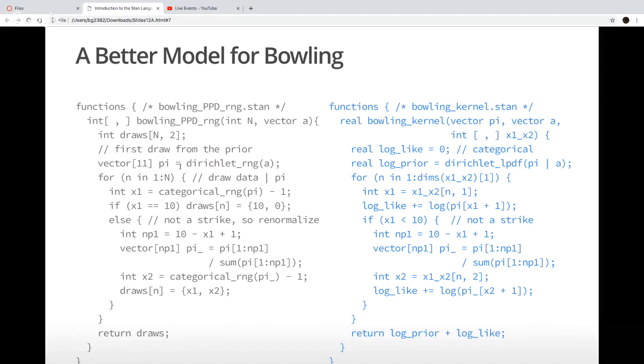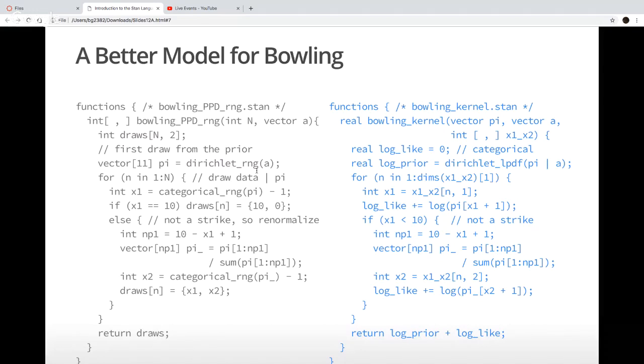So the Dirichlet distribution is the most common one for parameters that are simplexes. So basically it's a PDF over PMFs. And it takes a vector of positive shape parameters A, which is exogenous, known.